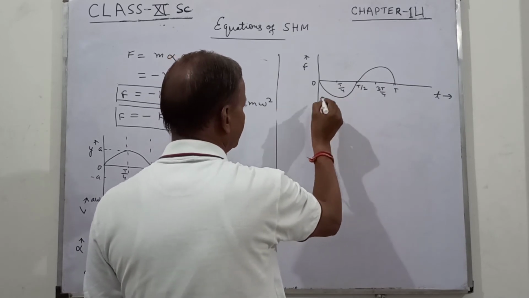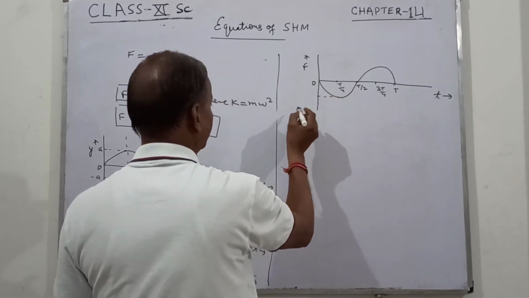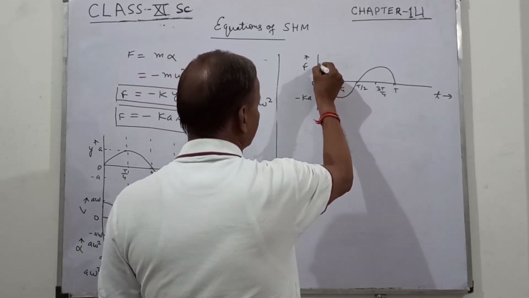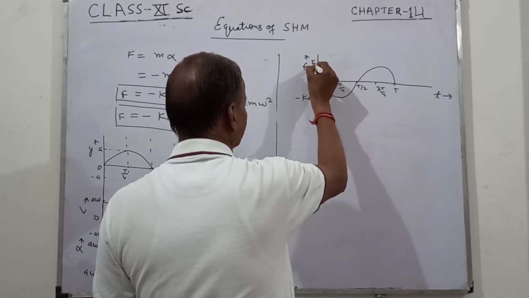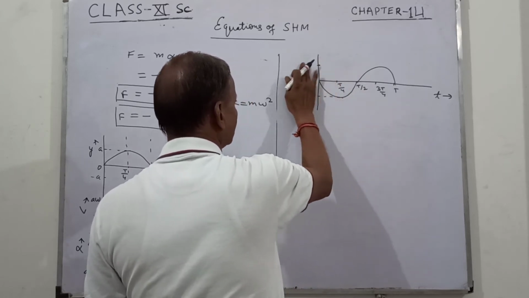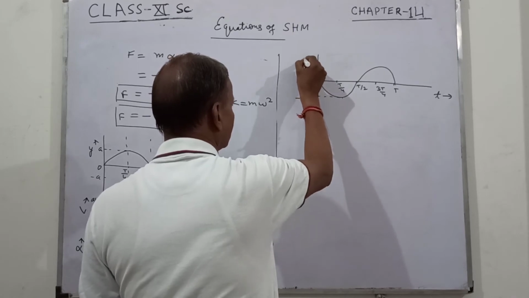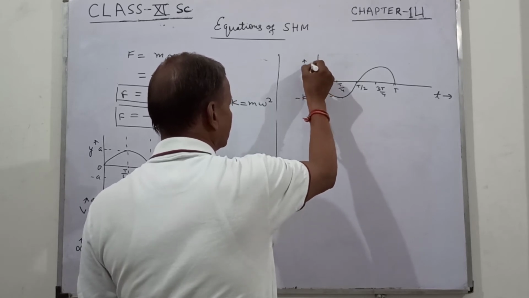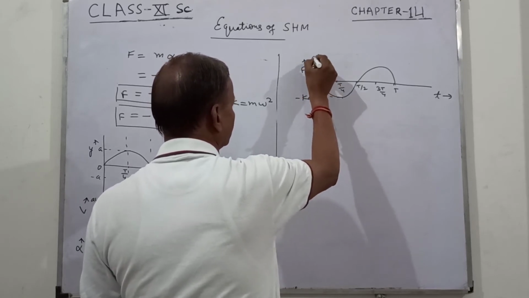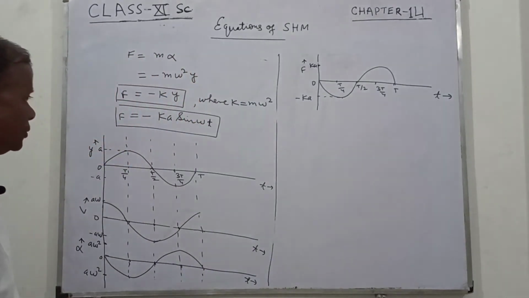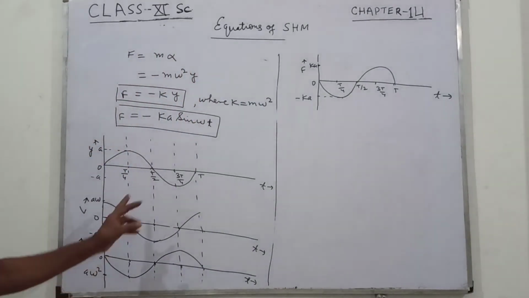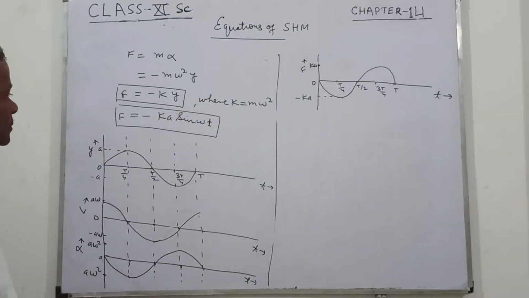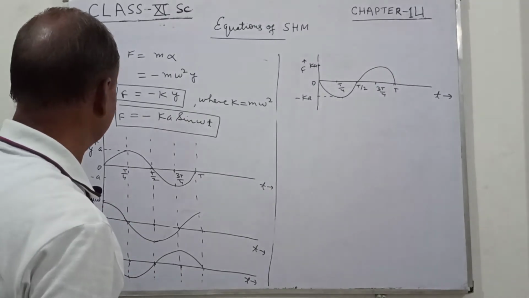And here this is for minus Ka, and here this will correspond to Ka. So you can see that the graphs for alpha and F are similar. You can see they are similar. So all these graphs show that